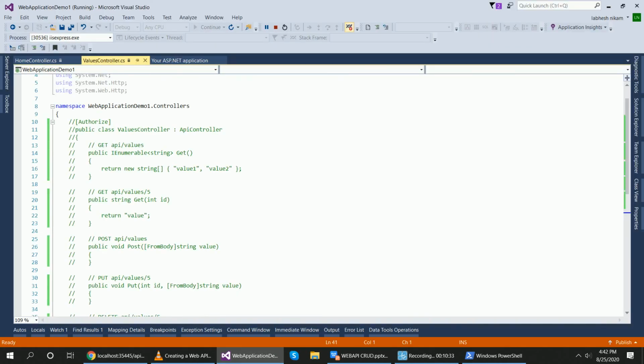And why we use this Authorize attribute, we saw in our last lecture. Before giving the lecture on Authorize attribute, I will give you the explanation of HTTP verb attributes like get, put, delete, and post methods in the next lecture.